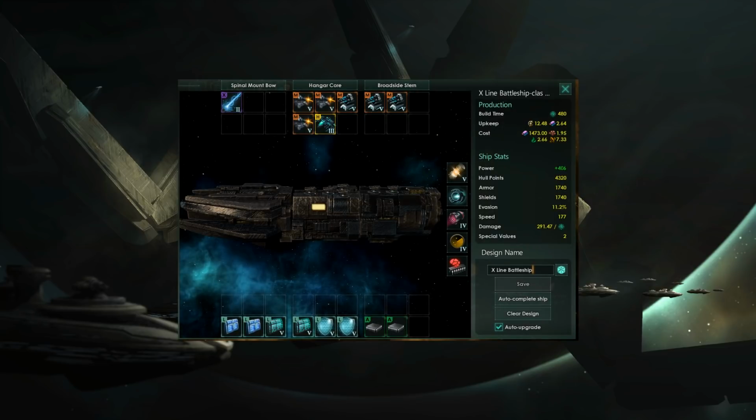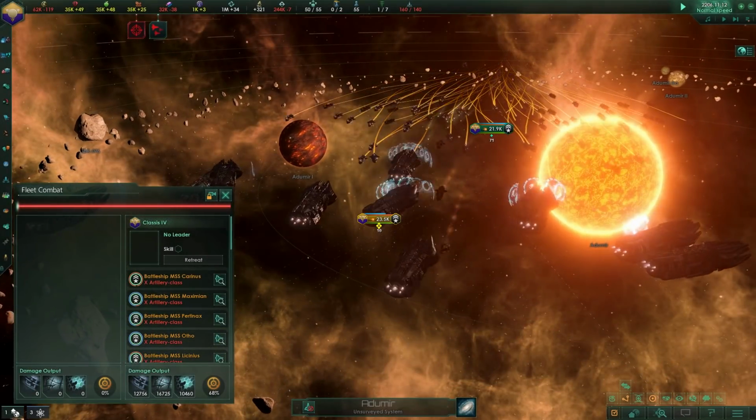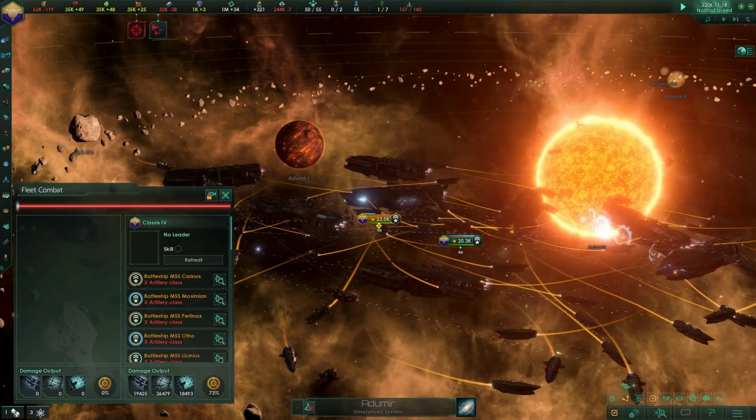I've gone with the hangar core for extra medium weapons and also for one of those fighter modules. Otherwise, it's pretty similar to the other 2 battleship designs again, but I've also gone for a broadside stern just to get more weapons on there, get a higher fire rate, and get things with high tracking so we can hopefully hit these corvettes. So let's look at some results, starting with the mainstay of any late game fleet, the